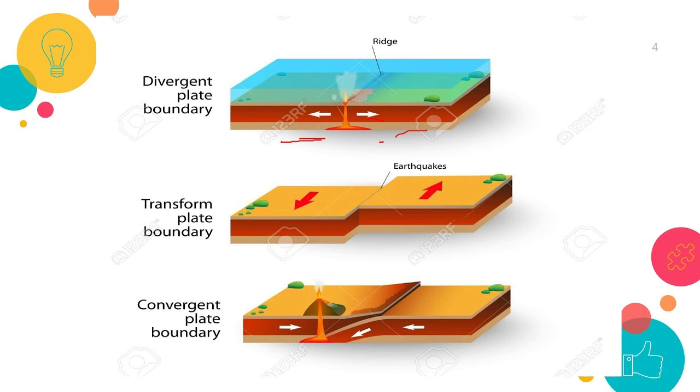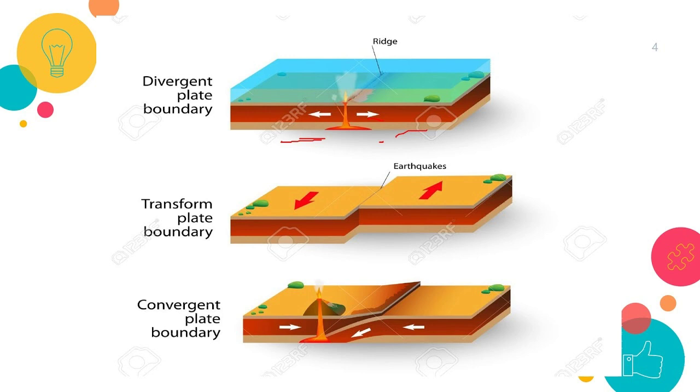According to this theory, the crust, the upper part of the earth, has been formed out of seven major and some minor plates. The movement of the plates results in the building up of stresses within the plates and the continental rocks above. This leads to folding, faulting, and volcanic activity. Broadly, plate movements are classified into three types.